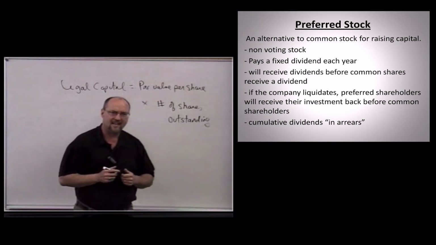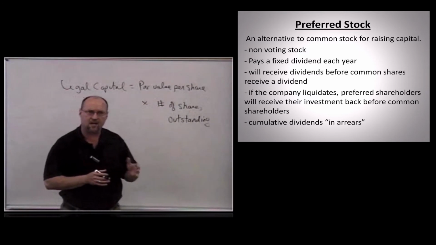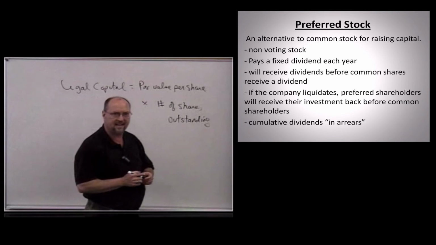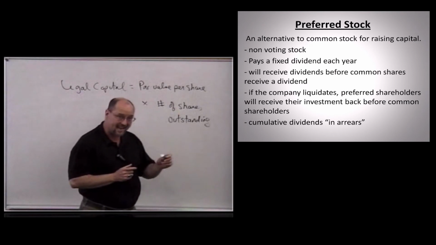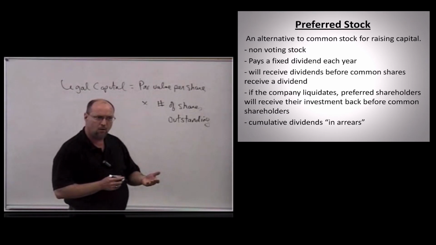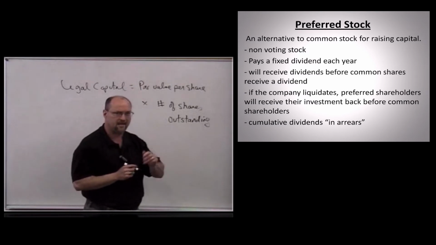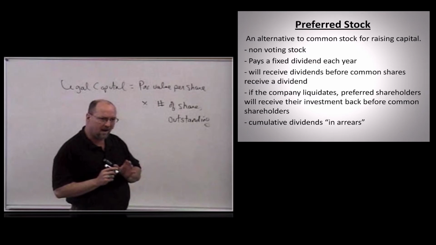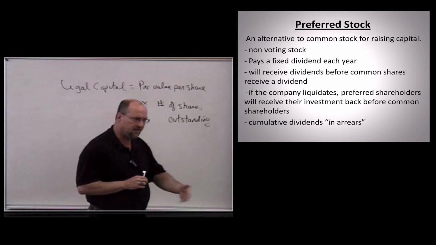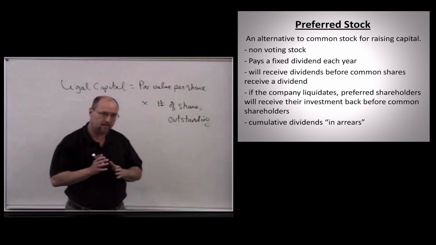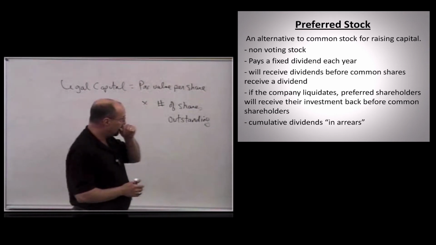And preferred stock kind of looks and feels like a note payable or a bond payable, but with the important legal distinction that it's not debt but equity. Therefore, if we're in hard financial times, we don't have to pay them their dividend. Whereas if this were a bond or a note, we have to pay that interest. Okay? That gives us an important amount of flexibility. We don't want to be in that position, because if we don't pay our dividend, the stock prices are going to go down. That's a sign of distress, but we're not going to be forced necessarily into bankruptcy.